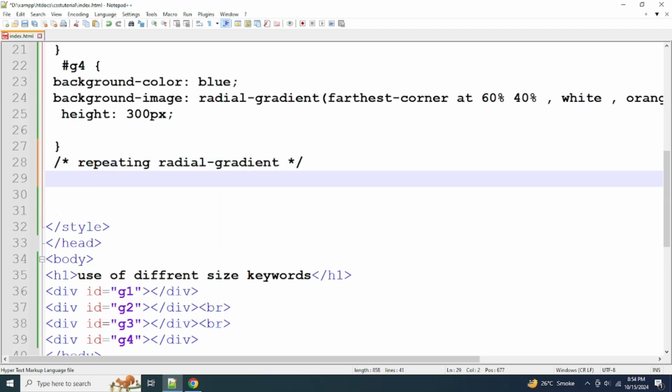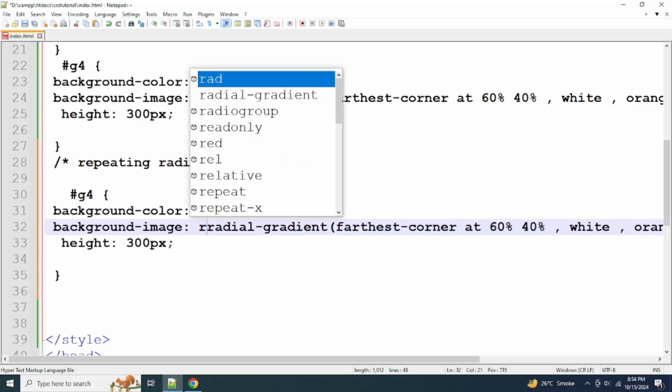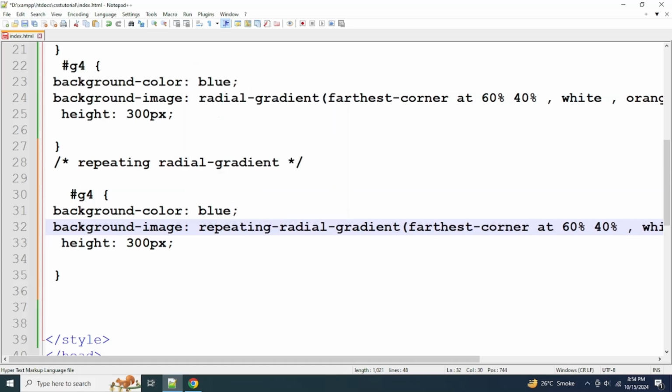Underneath the comment we will paste with Ctrl+V and use repeating gradients. So we will change the repeating value and remove this value from the function, and we will use orange will appear 5% and blue will appear